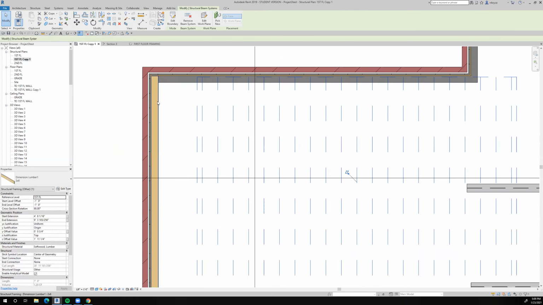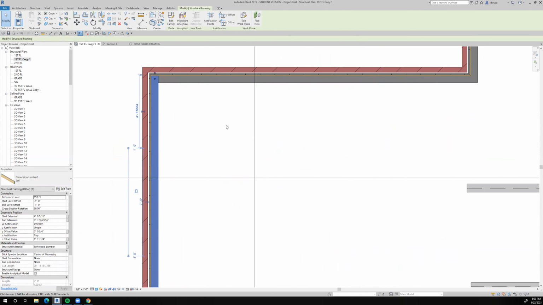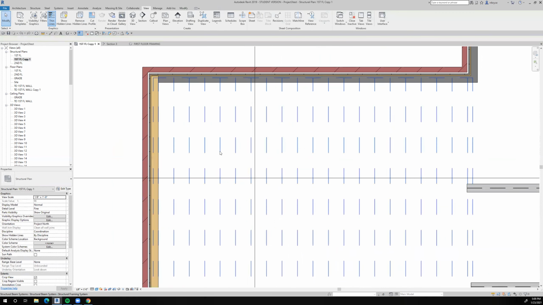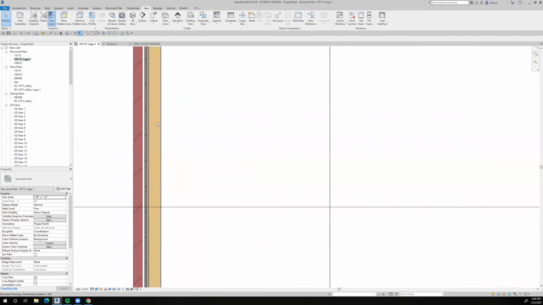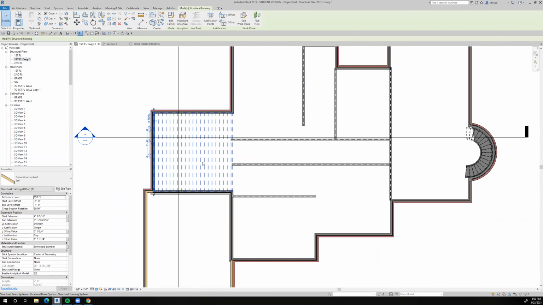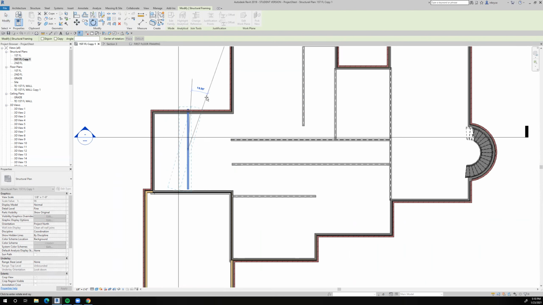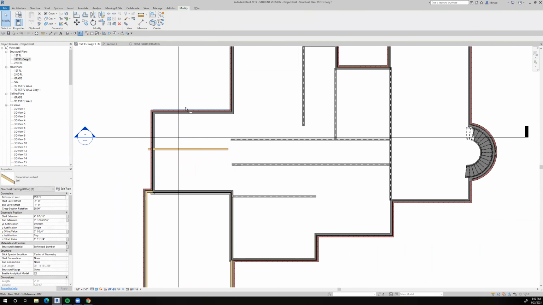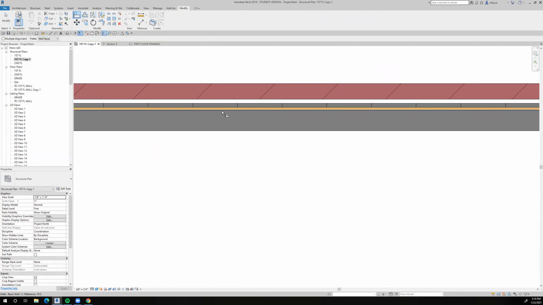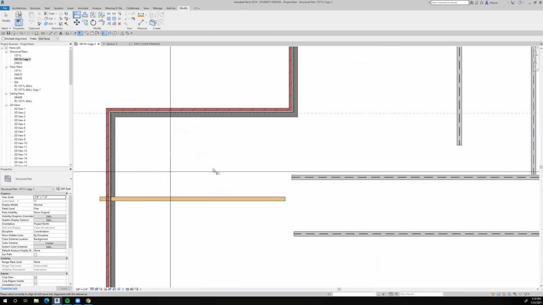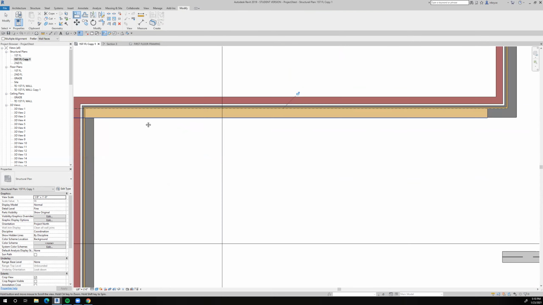Wait a second, I think I just moved, yeah. So I'm going to copy this guy. I think I just moved my structural framing, which I didn't want to do. So that's why I undid it. I might be wrong. And then I'll just rotate this guy 90 degrees and then use my align tool and